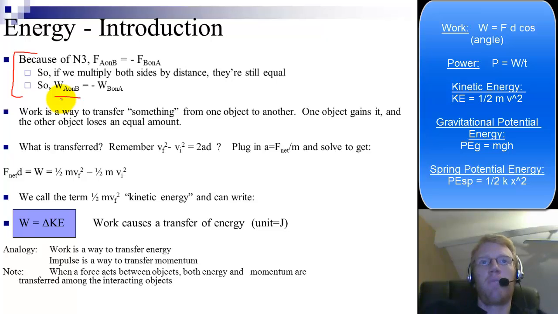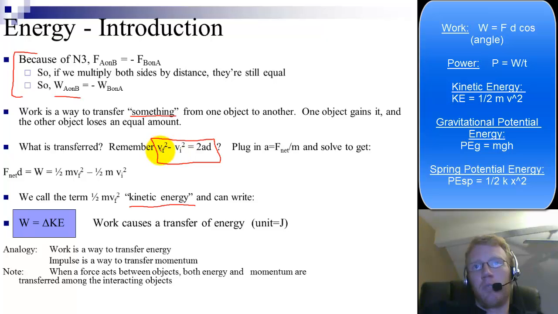So this new quantity, this new something or other that's being transferred, we give a name for it, and we call it kinetic energy. Okay, so let's rearrange a little bit mathematically to get the formula. Back in chapter 3, we had this formula relating acceleration and distance to the initial and final velocity, because when something is going to accelerate, we know it's going to change speed. So if we include that formula with F net equals ma, rearranged for a, you can solve these two simultaneously or plug one into the other, and you get that the work equals 1/2 mv final squared minus 1/2 mv